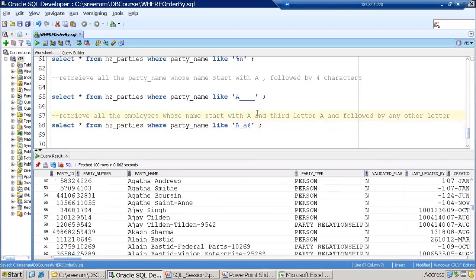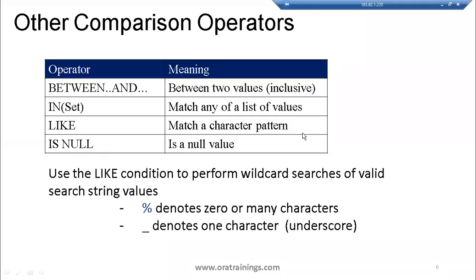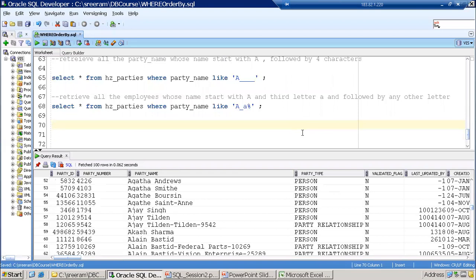Okay, so here I mentioned capital A, but you can just consider small a. If the employee names have capital letters, you can make use of the string conversion functions like upper, lower. But as of now, we are ignoring them. Okay, so this is how we can make use of the like operator. Now coming to the other one, is null. If you want to compare a null value, we always have to use is null. Can you see? Let us write one more logic now.